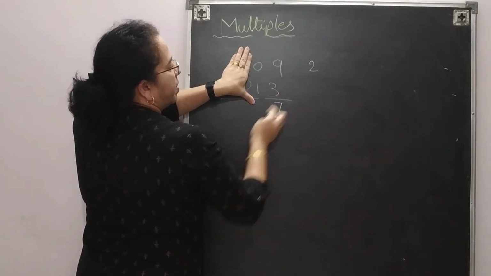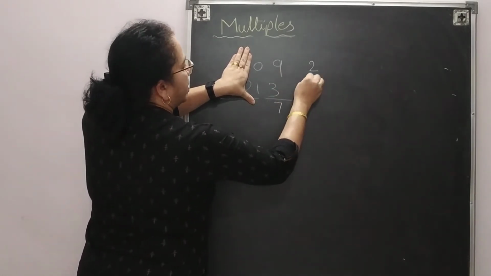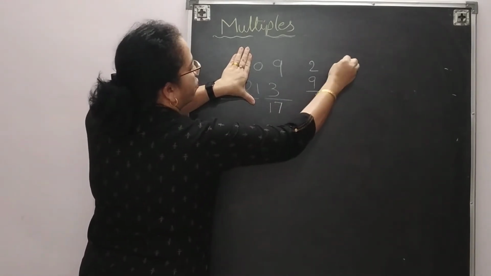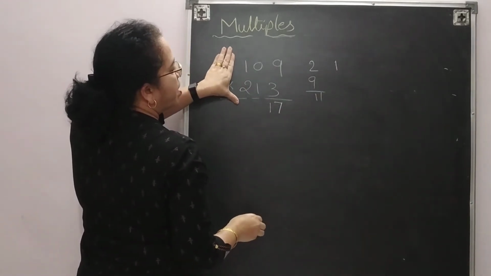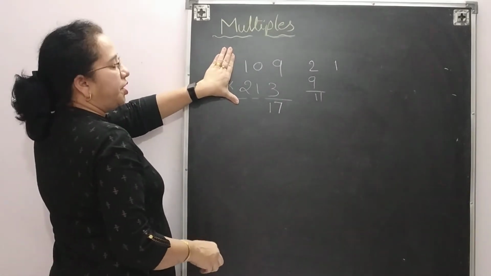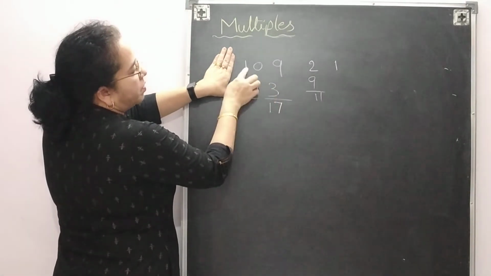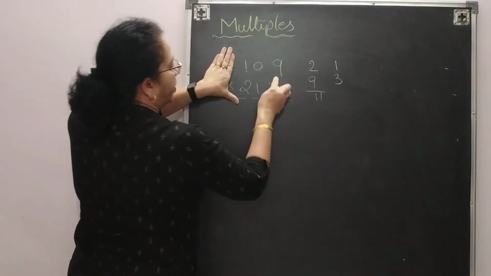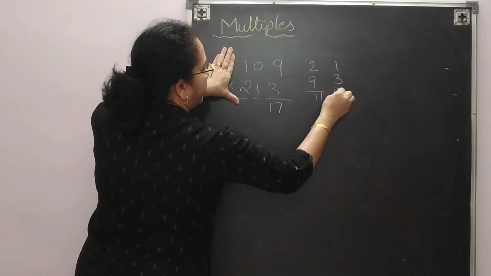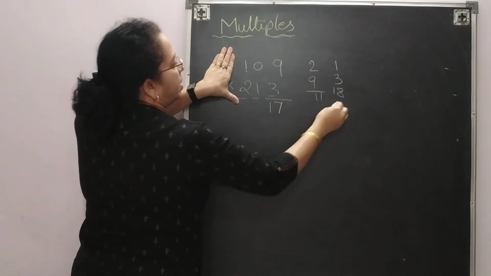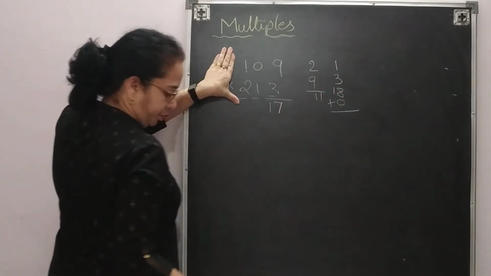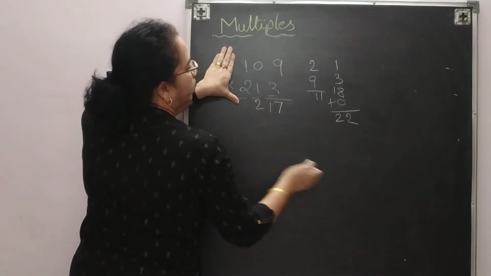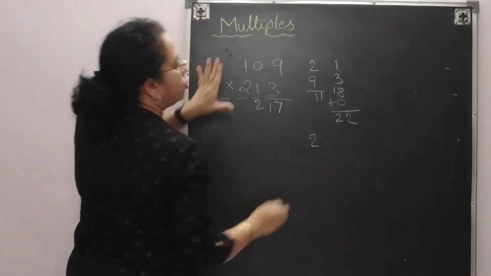So 3 multiplied by 0 will give you 0. 9 ones are 9. So 9 plus 2 will be 11. So write down 1 here. 1 will be carryover. Now open one more digit. Whenever 3 digits are there, we do cross multiplication with the end of the number. So 1 into 3 will give you 3. 9 into 2 will give you 18, and the middle number also we multiply, that will give you 0. So add all these three numbers, you will get 22. So write down 2 here and next 2 will be carryover.